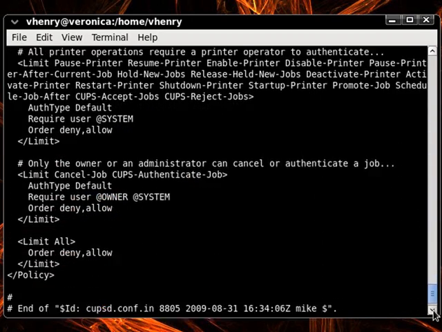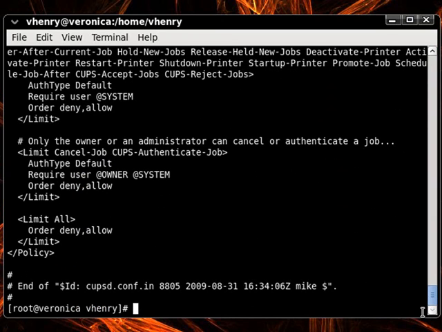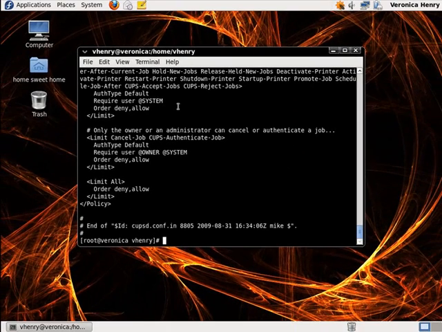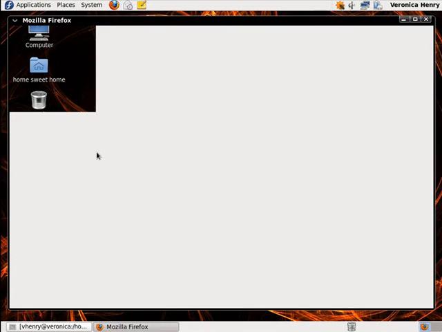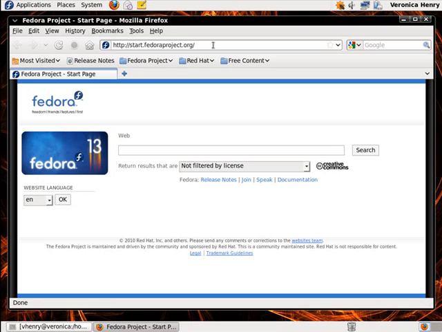etc. Now, if we want to take a look at CUPS, we're going to have to open a browser. Now I'm partial to Firefox or Chrome, but any one will do. So I'm going to go ahead and click on the Firefox icon, and I'll just minimize this to get it out of the way. Now on the URL line, we're going to type in